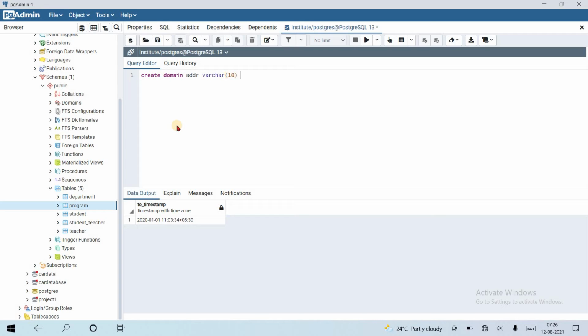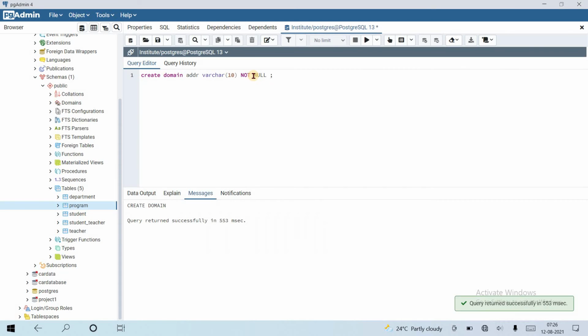Here create domain, this is our data name, and varchar is the data type followed by constraint if any, suppose not null. Let's run the query. Yes, query returned successfully.